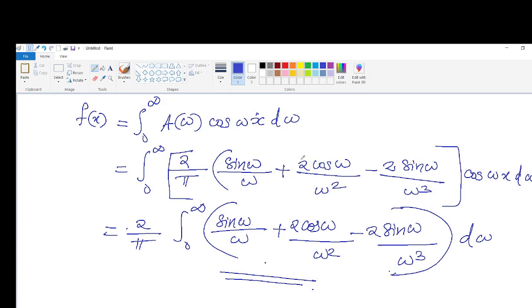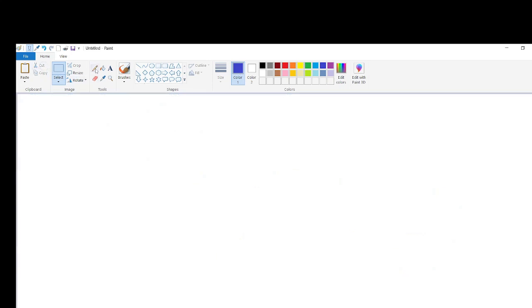Now we can move to a problem related to the Fourier sine integral. Next we have the Fourier sine integral. Third question: